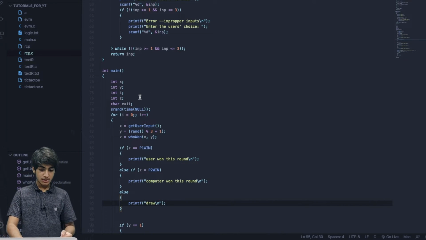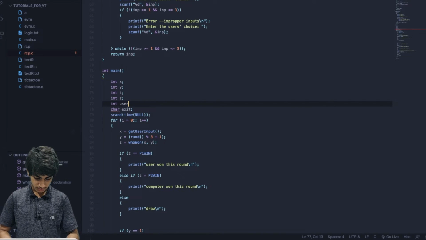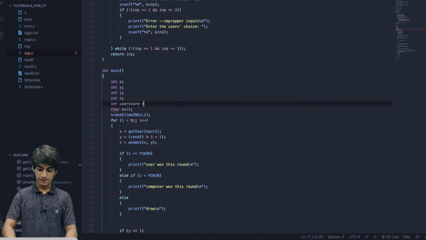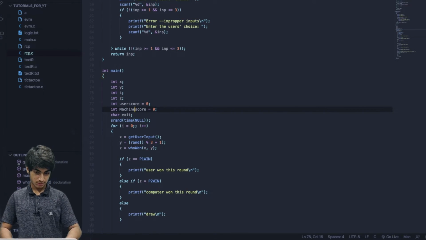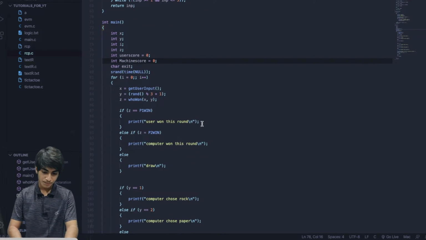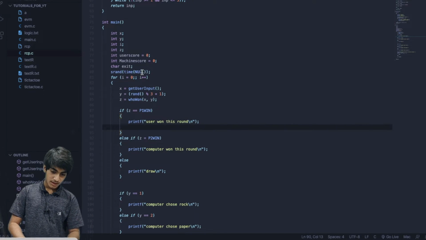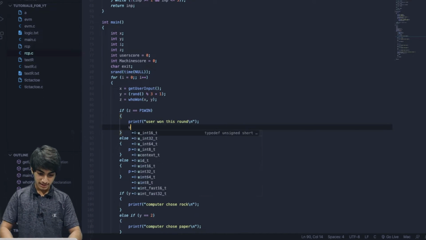So now we'll create a new variable here, int user score, and we'll give it a default value of 0, and here we'll put int machine score. So if player 1, meaning the user, would win, then our user score would be incremented by 1. So I'll just write here